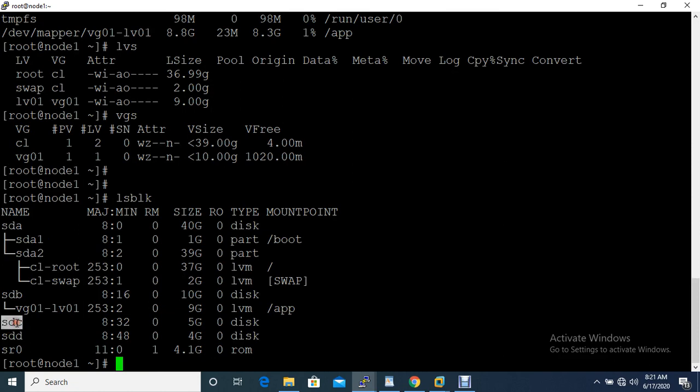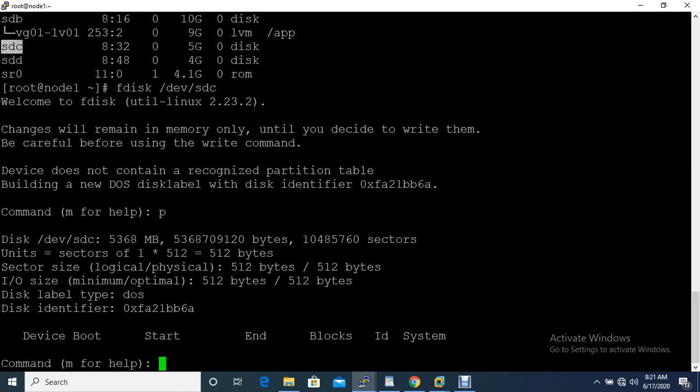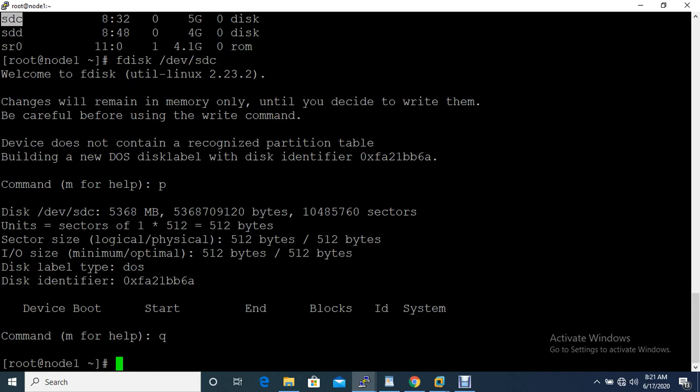If you want to check whether anything is available on the disk, you can use the command fdisk /dev/sdc. It's blank, nothing is available. You can quit from here. So first, you have to create a PV.